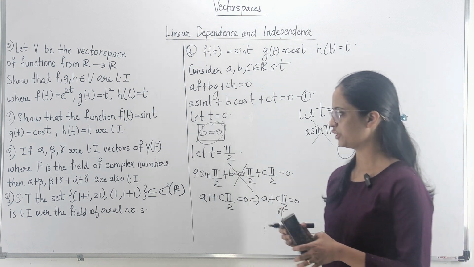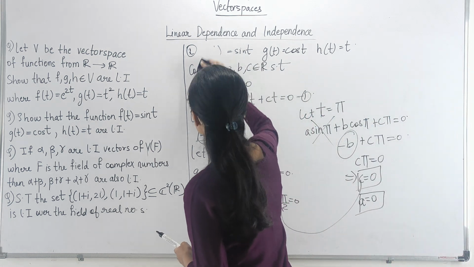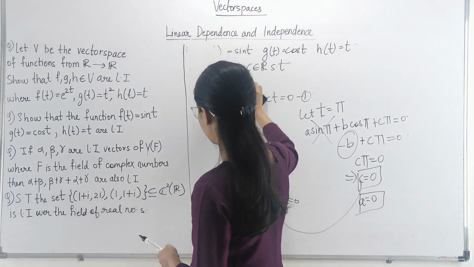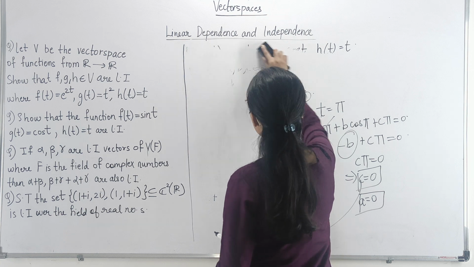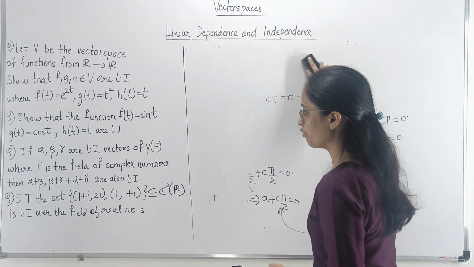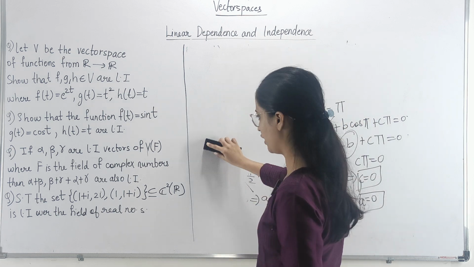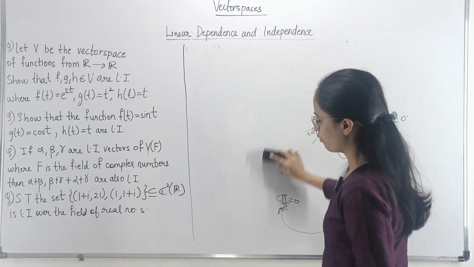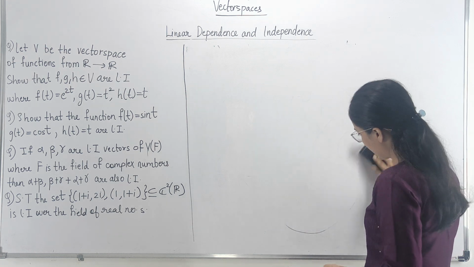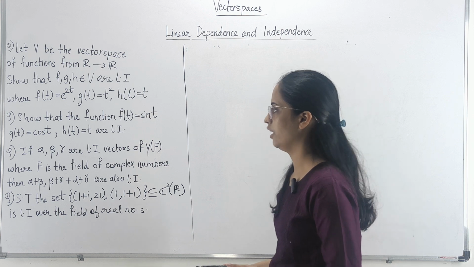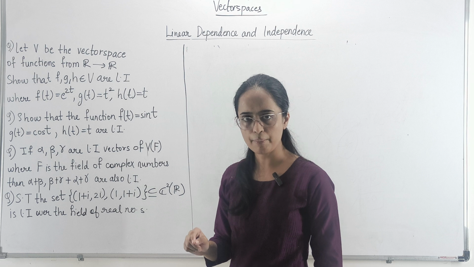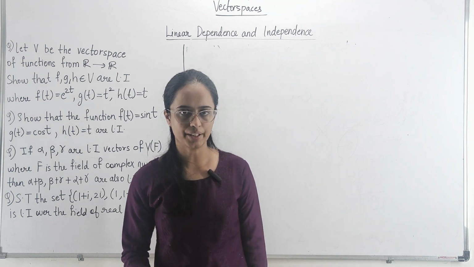Now let's move on to question number 3, which says that if alpha, beta and gamma are linearly independent vectors of the vector space V over the field F, where F is the field of complex numbers, then you have to show कि जो अल्फा प्लस बीटा है, बीटा प्लस गामा है एंड अल्फा प्लस गामा, दीज आर लीनियरली इंडिपेंडेंट अगेन। सो यहाँ पे इफ यू सी, आपको पता है कि अल्फा बीटा गामा इंडिविजुअली लीनियरली इंडिपेंडेंट है,